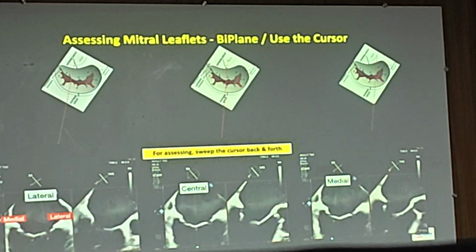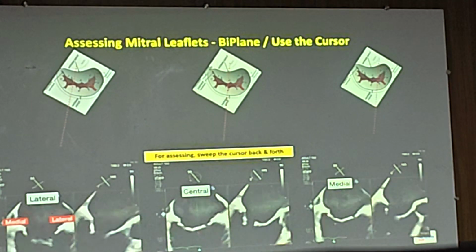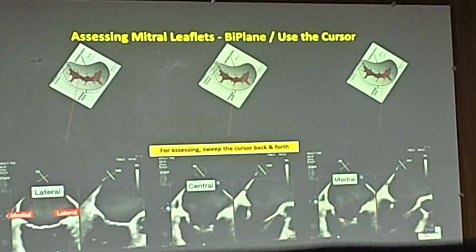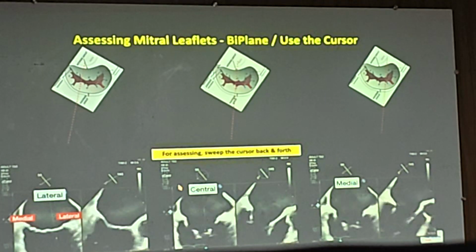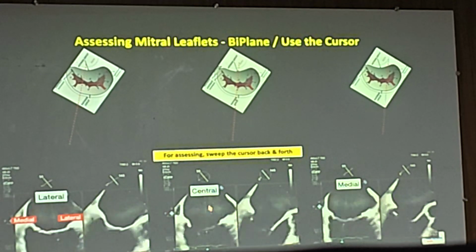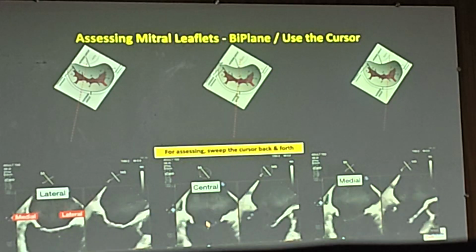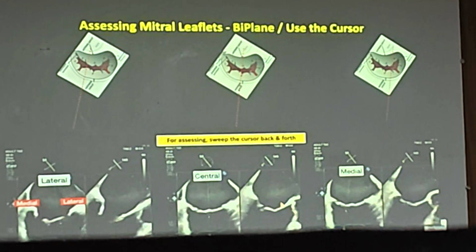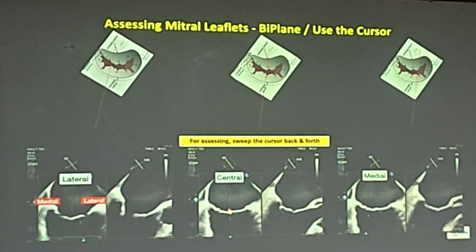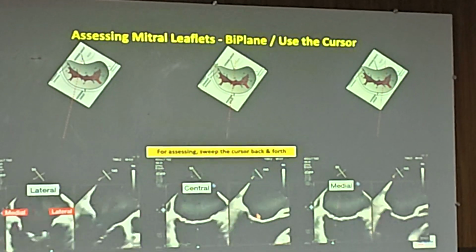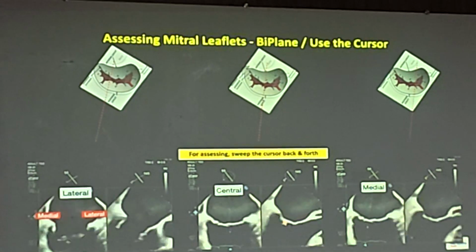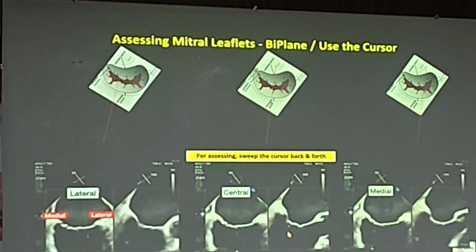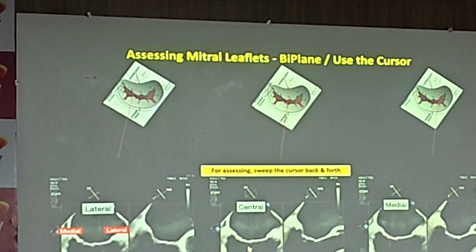Now the next, I would say this is the second most important one after the bicommissural view: how to assess the leaflets. Once you have the bicommissural view, let's go to the center image here. You have the central cursor right in the center here. You put on the X-plane on the bicommissural plane. Immediately on the other side you get this long axis view. That means you are at the center. Your viewing is on this side. You're going to look at the PML, AML, you're going to measure the PML length here, you're going to look at any nodules, calcification, fibrosis, chordal rupture, anything which you want to see, at this cut.